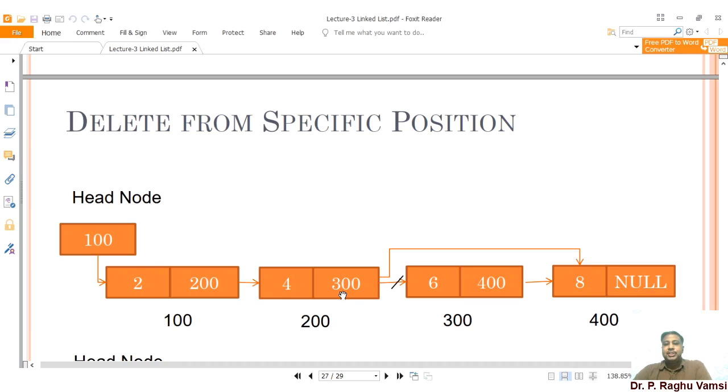Whenever you stop at the second position, you set the second position's next to the second position's next's next. That means you are going to link this particular link to the node after the next. That means this node 8 will be attached to this one, and this particular link will be broken from the list. So this is the way you can do it. Once again I am repeating,